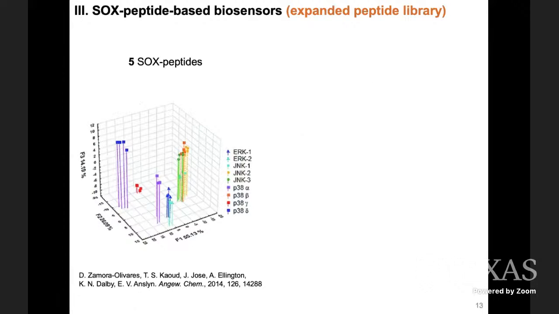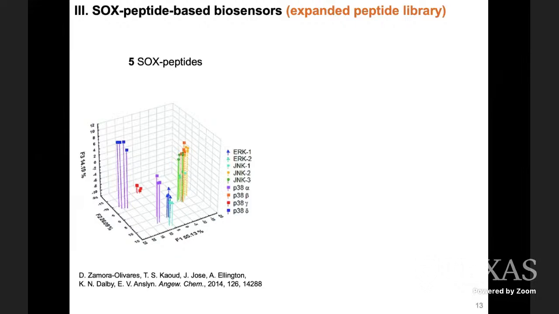Based on all the work we have so far, there's still some room for improvement, and we want to go further. This is what I'm doing since I joined the group. As you can see, in this pattern by the original peptide array with 5 SUX peptides, the clusters of ERK1 and 2 are pretty close, these two triangles. Also, we have some issue to differentiate the 3 JNK isoforms, like the 3 groups of dots, and the PI3K beta sample looks quite overlapped with them. So we want to make them separated better.